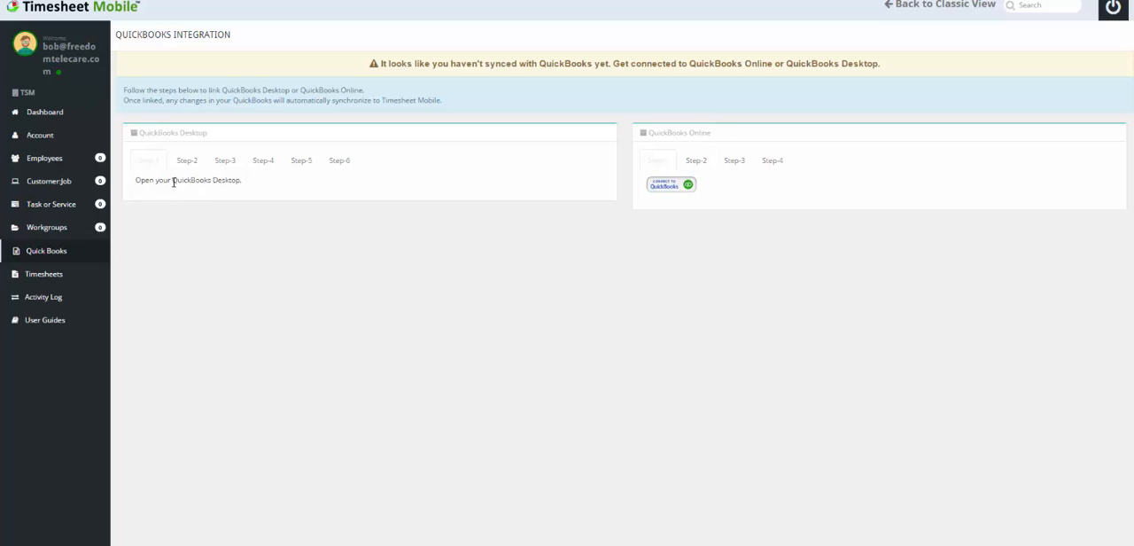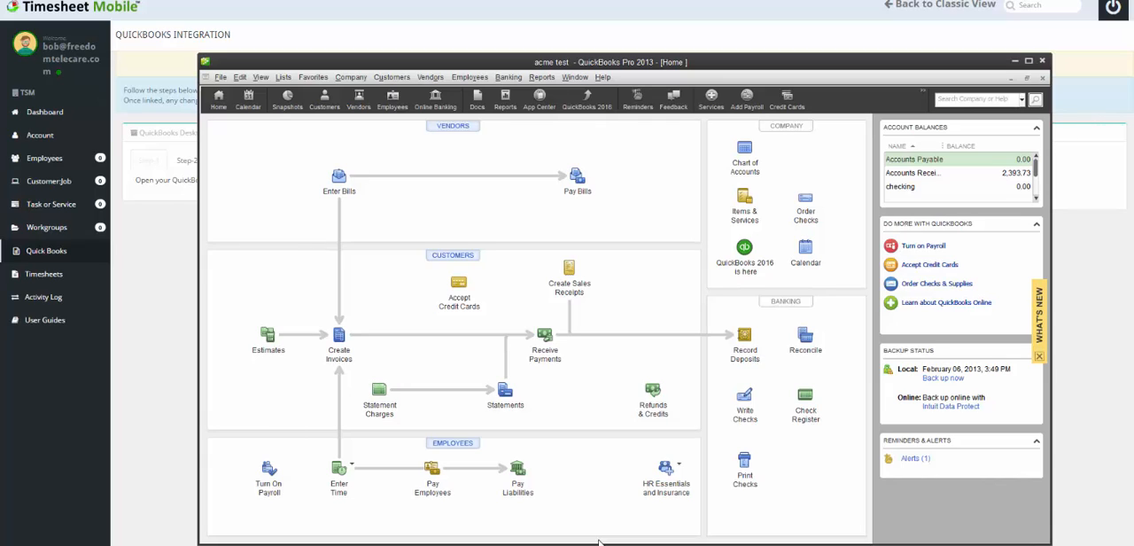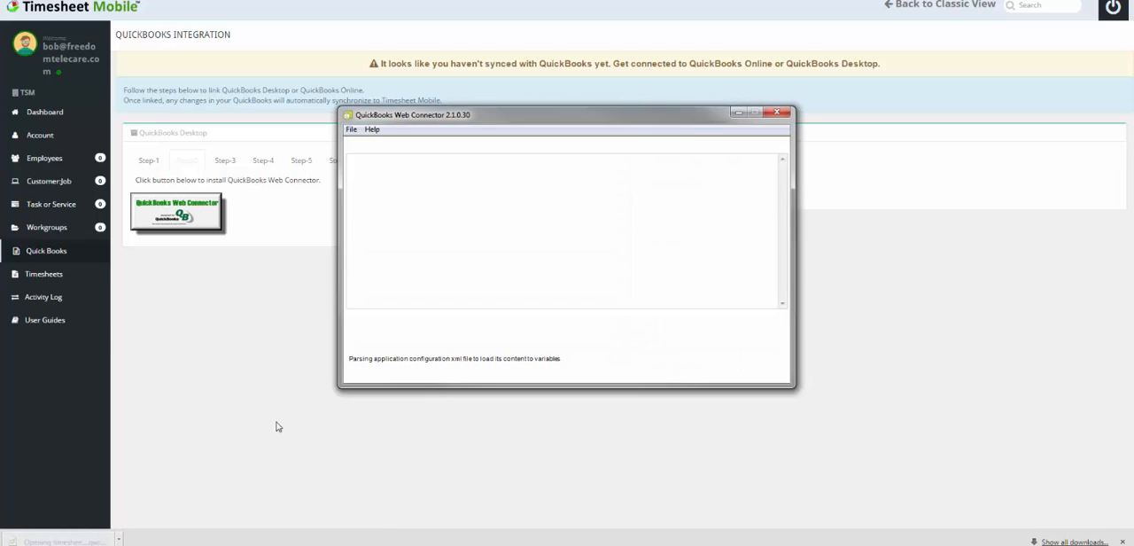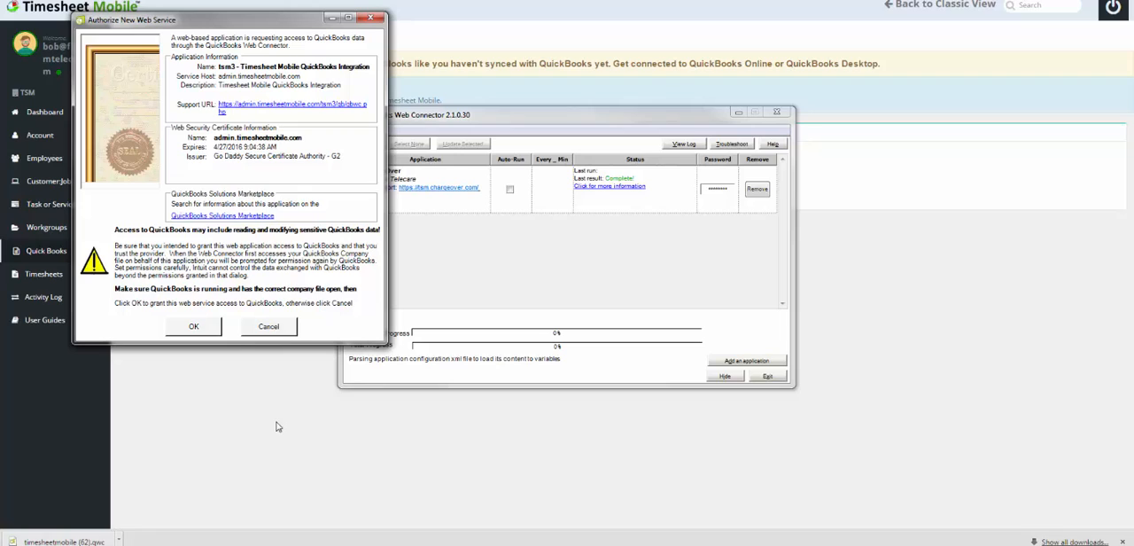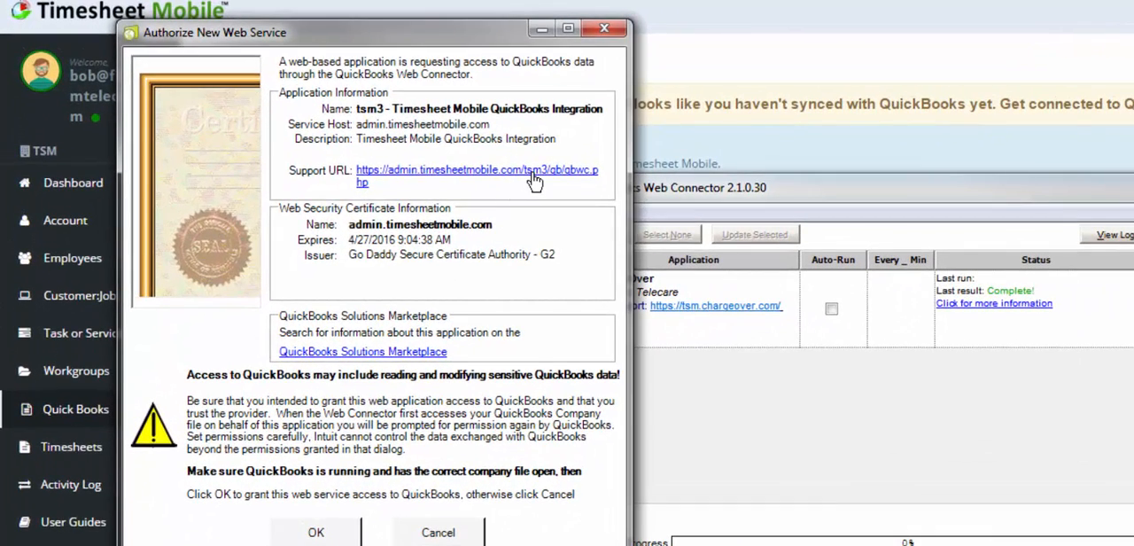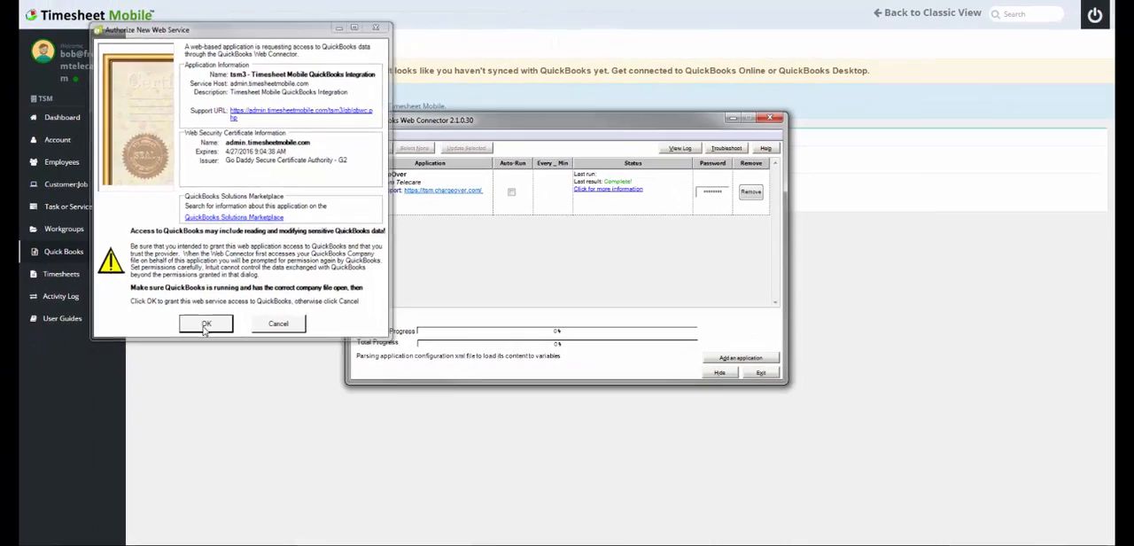So the first step is to open your QuickBooks Desktop application. So that's open. Next step, we're going to install the QuickBooks Web Connector by clicking this button. This will download it. Click on the download. When this opens, you're going to see an authorized new web service notification here, and it shows the path of your Timesheet Mobile account. You're going to say OK to this message, giving them secure access to your Timesheet Mobile